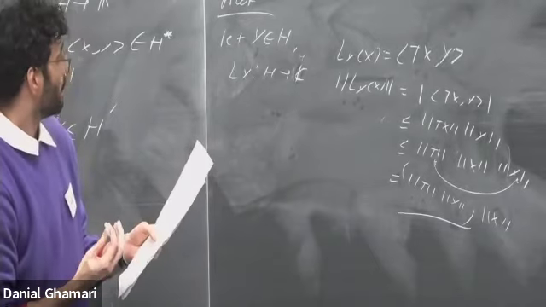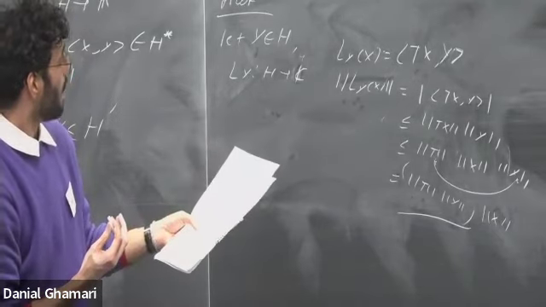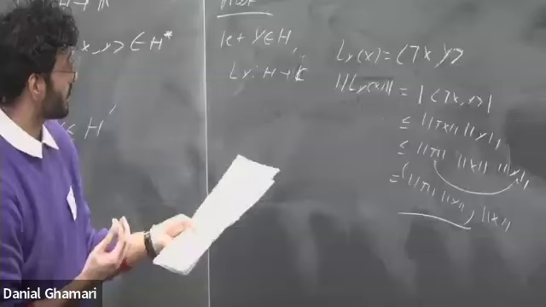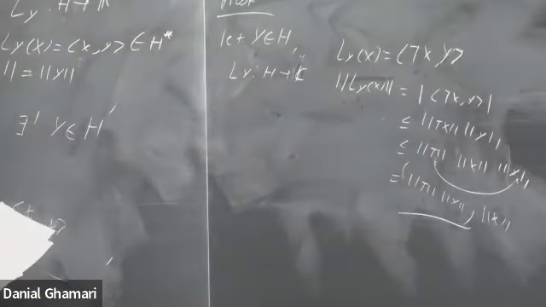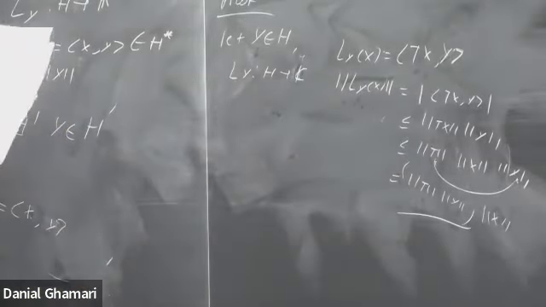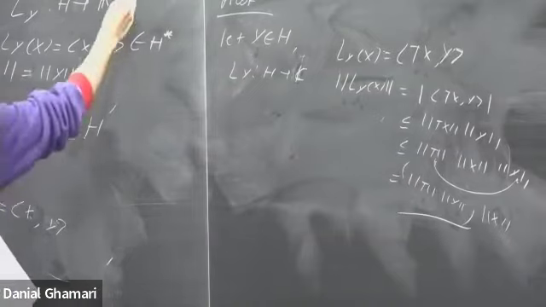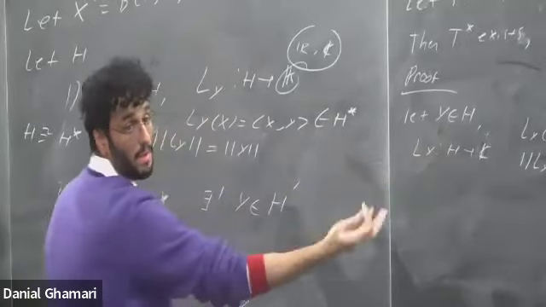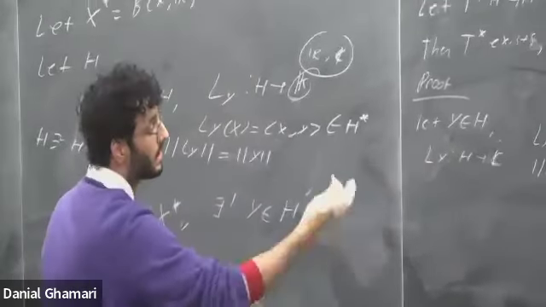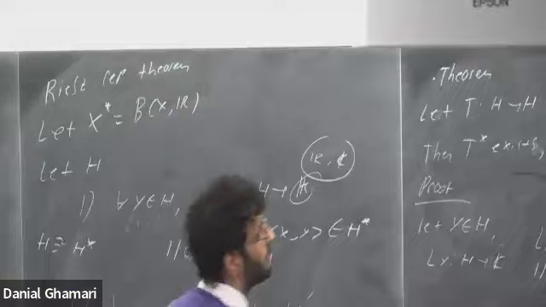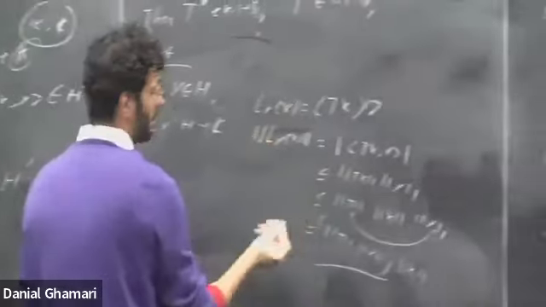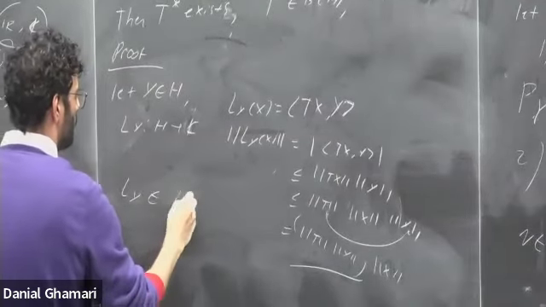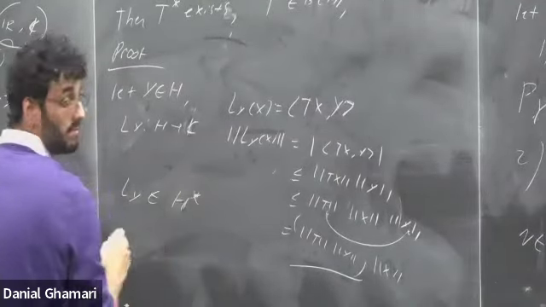So what this tells me is that I have a bounded linear operator Ly, and so this belongs to the dual. Based off of Riesz's representation theorem, where it maps to K, which is real or complex, in my case, because inner products can be complex or real, I can use Riesz's representation theorem. I've shown that Ly is bounded linear, so Ly is an element of the dual of H.